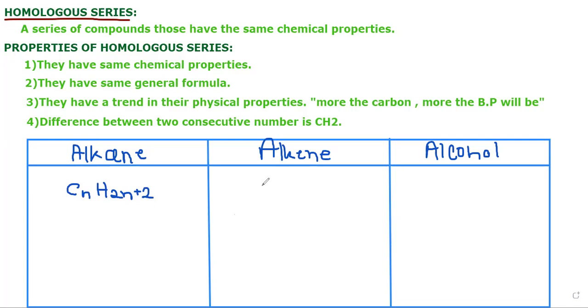Next, we have alkene. All the alkenes in the world will have the same general formula, CnH2n. And all the alcohols in the world are going to have the same general formula, CnH2n